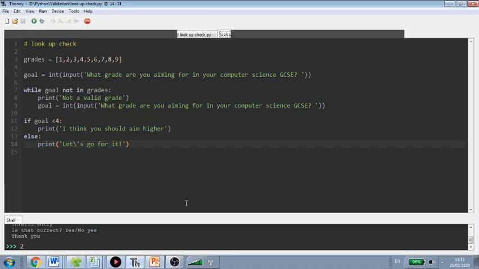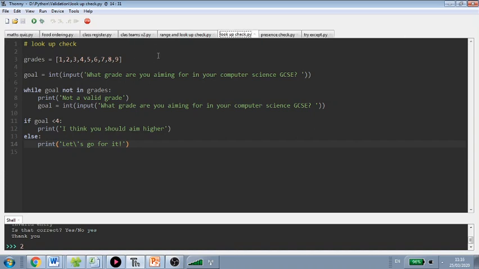Right, so this is the second lookup check program. And in this case, we've got a much longer list of options. So I've gone for grades between 1 and 9. Sometimes it's the alphabet you need and symbols and all sorts of things, or names. And so it's less practical than doing it in the way that we did in the previous one, where we only had two options. So you can set up an array of your options first,